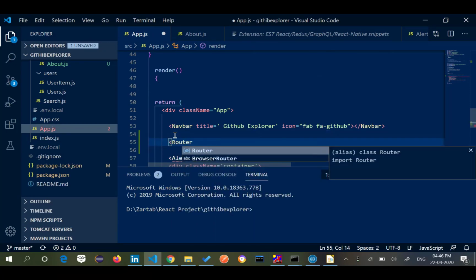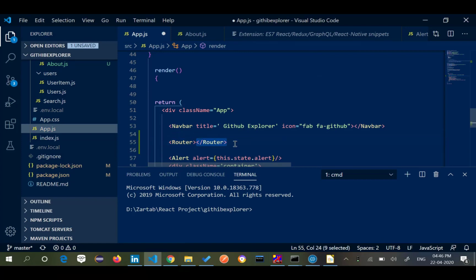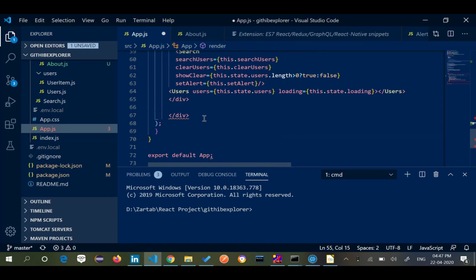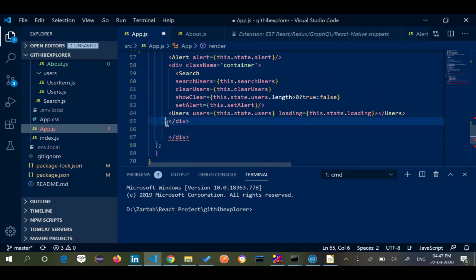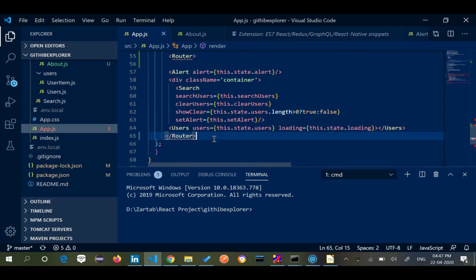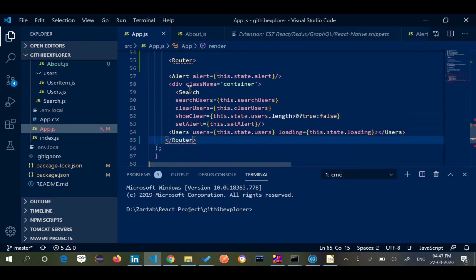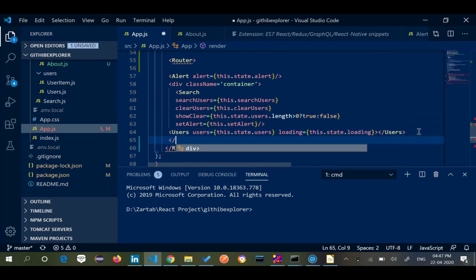I'm going to put everything inside a Router. It has no corresponding close tag. Okay, I made a mistake here. I should have ended this division.